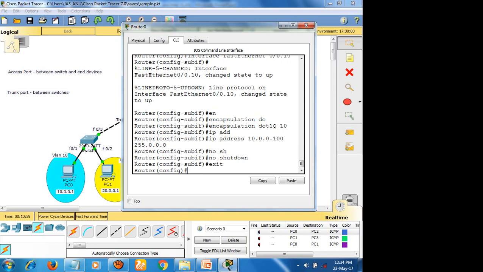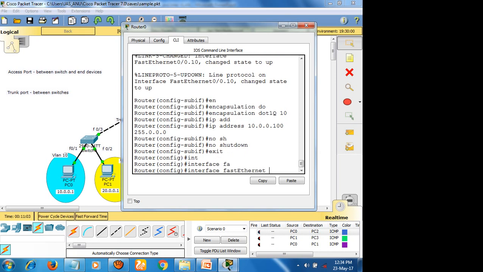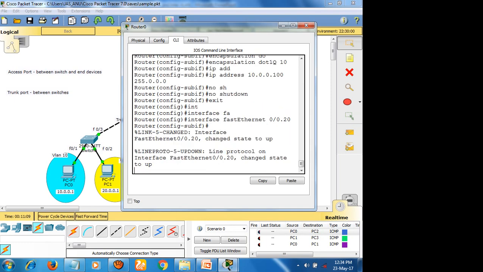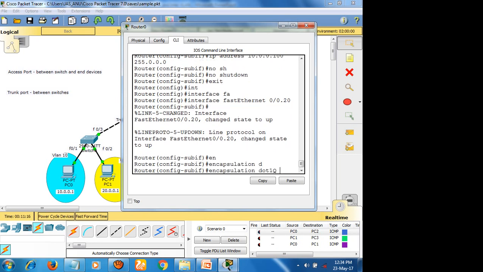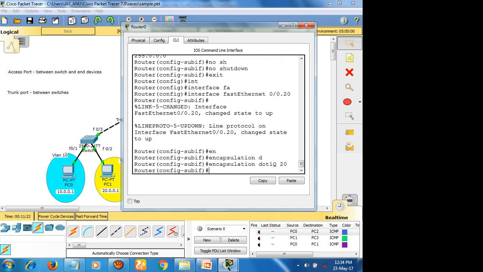Likewise I will create another interface, FastEthernet 0/0.20. This is going to encapsulate dot1Q for 20. Actually this order must be the same.